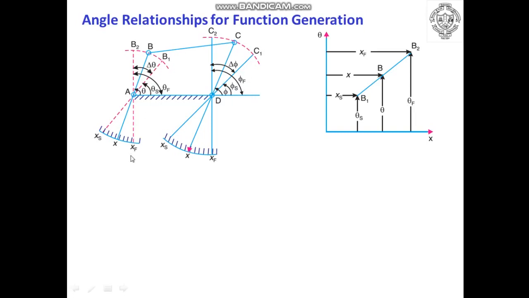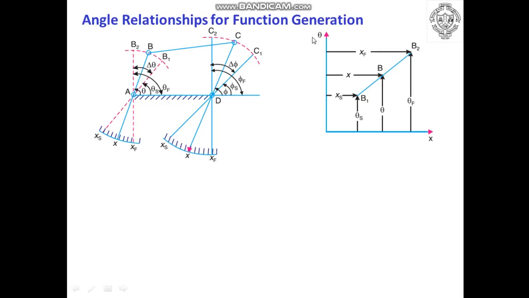The respective linear displacement for the input crank starts at xs and finishes at xf. Similarly, for the output crank it should be considered as y. There is some mistake here: instead of showing x, you have to show ys, y and yf, which is particularly for the output crank.